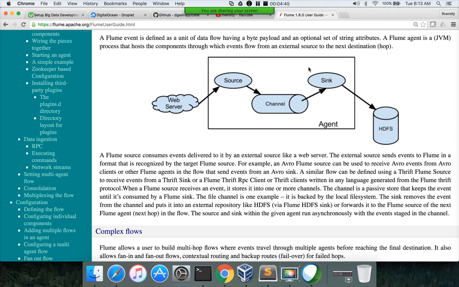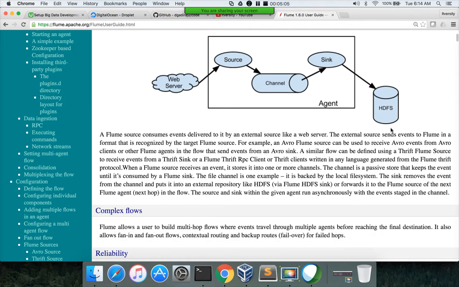Or you can have a designated server for Flume agents in the middle, which has access to both the web server and also acts as a client to HDFS. We'll be using the first option, where our gateway node will be running these Flume agents.